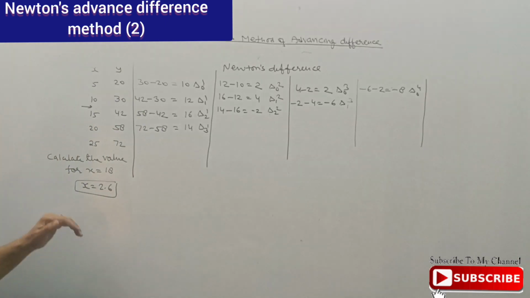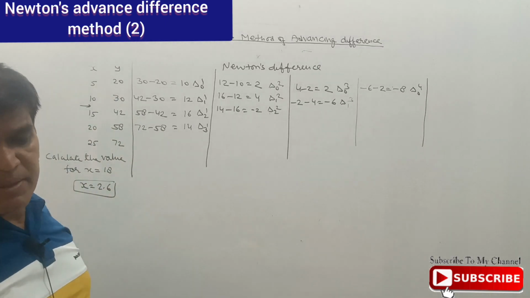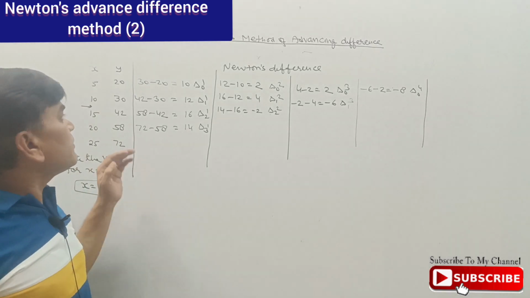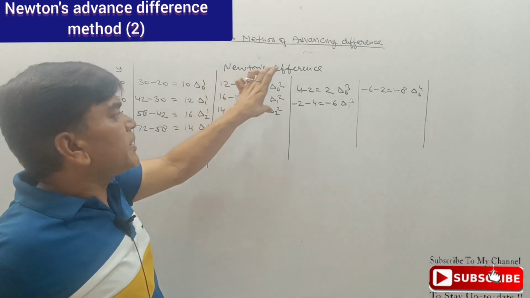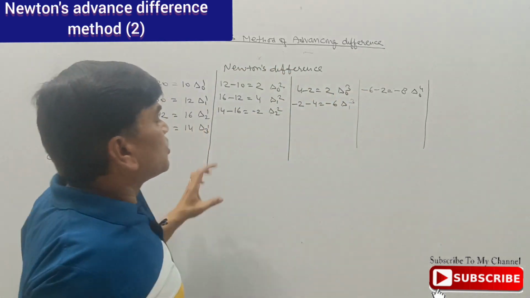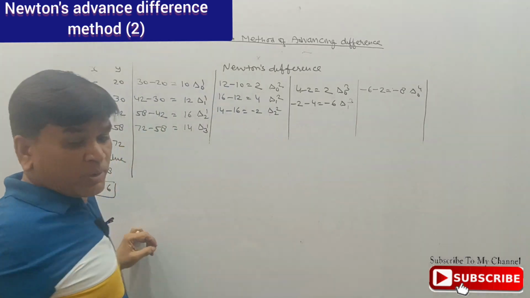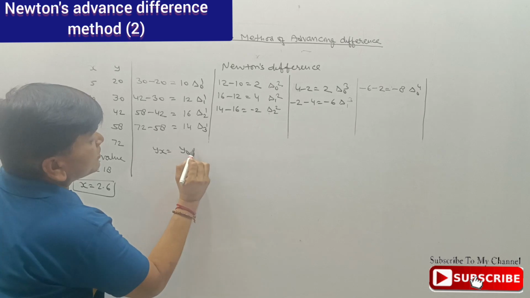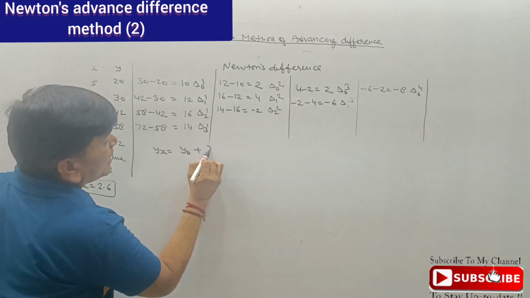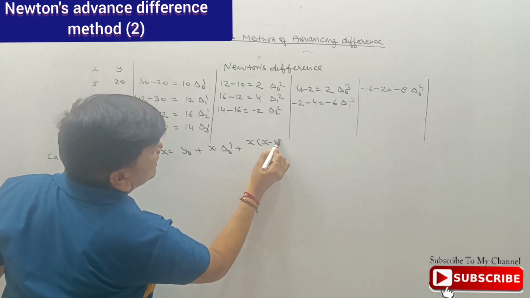Now we will put the formula for calculating the missing values over there. So the formula is: first we take the differences, 5 items to convert to 4, 4 to 3, 3 to 2, and 2 to 1. Now the formula for that is yx equal to y0 plus x multiply delta 01 plus